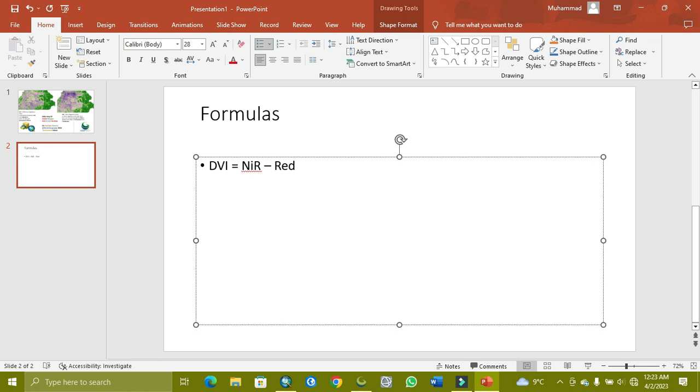We have Sentinel-2 data, so here we use band 8 as the infrared band, minus band 4 of the Sentinel-2 data as the red band. So you need to check which data you use, Landsat or Sentinel, and identify which band is near infrared and which band is red. Okay, so this is the formula of our